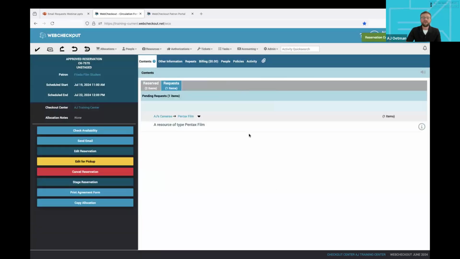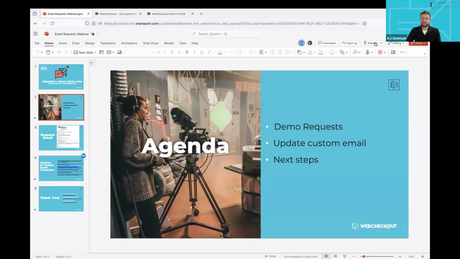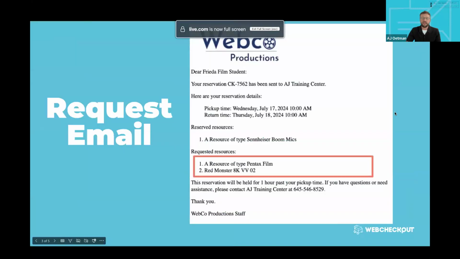All right. Well, that was a very brief overview of requests, but I know why most of you have tuned in is to see what type of communication is possible when a patron makes a request. So I'm going to show you an example of what you can configure email templates to look like, so that Frida, this is what her reservation created email could have looked like. I can see here, I have that reserved resource, her boom mic, and then boxed in red are the 2